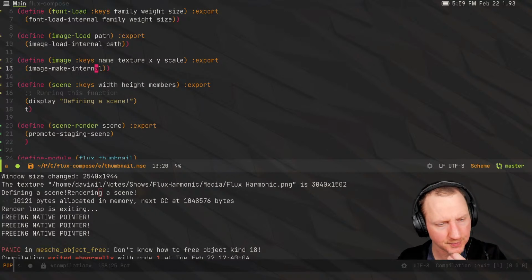honestly, it's not really image in the sense that it's an image. It's like the scene member. So it's like a scene image make. And we need to pass in the texture, the X and the Y, and possibly the scale. I mean, maybe I should just go ahead and do that anyway, because we're going to need that at some